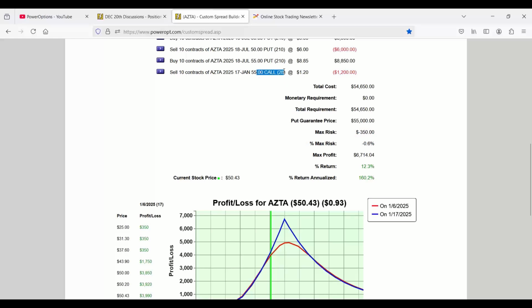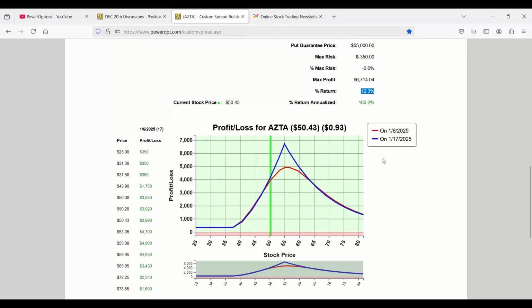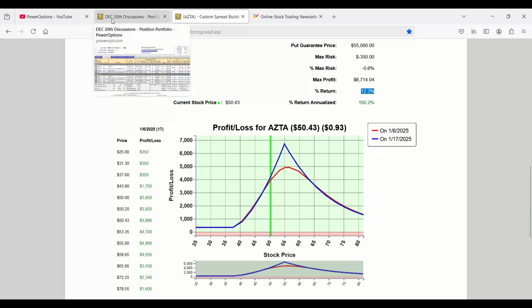And if this call expires worthless, well, I might just be able to sell a February 55 call, get another $1.20, and increase my bulletproof status up to 470, and increase the return potentially up to 14 or 15% if it's trading at around $55 come February expiration. Yes, naturally, I do these income methods and continue this trade because I'm still bullish on it long term, even though we know there's going to be some volatility going on in the next 20 to 40 days. But again, the whole aspect was we muted the volatility across the market,